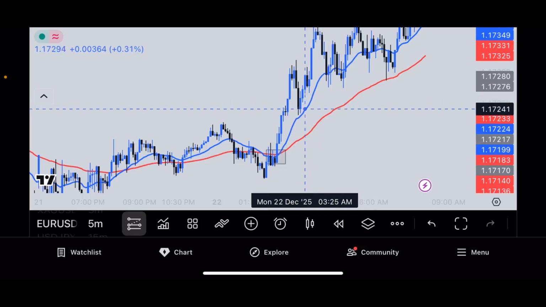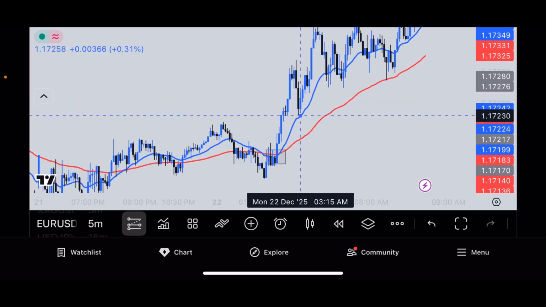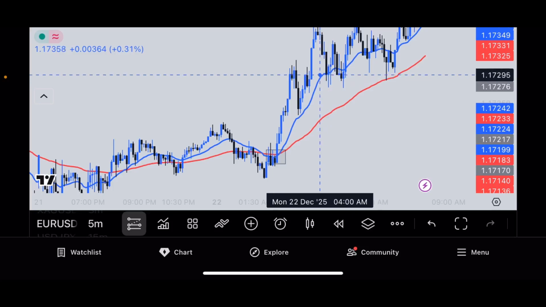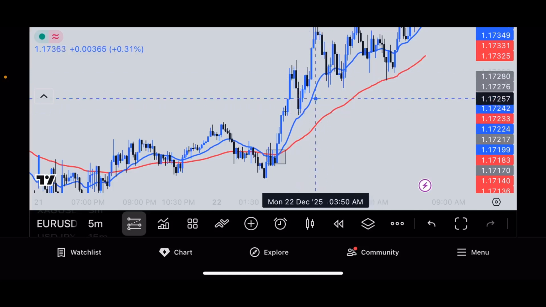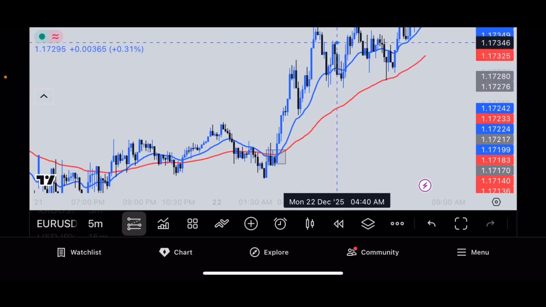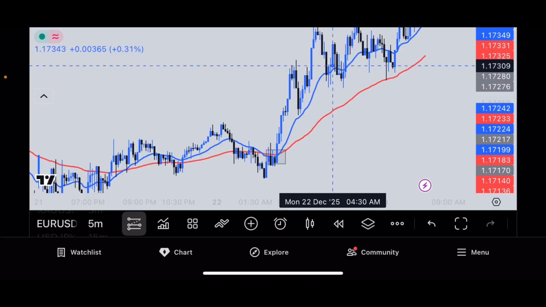Okay, so this is where we are looking for a trade. We want to see where there is a touch at the blue line or the red moving average. So this is where it touches right here. This one does not touch. So this is where it touches right here. After this candle touch, you can see it should touch a little bit, then go back to the moving